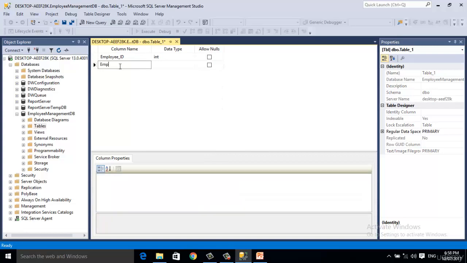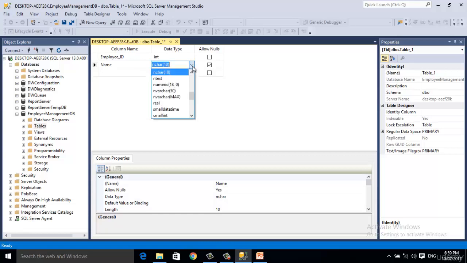Second column is employee name. Okay. Name normally contains character values. Therefore, you can define it as varchar or text. I am going to select the varchar here.